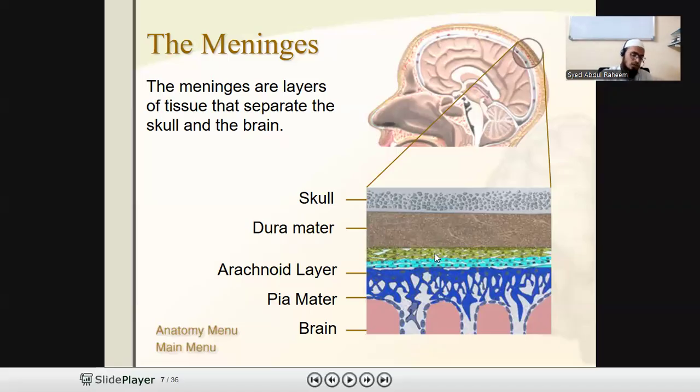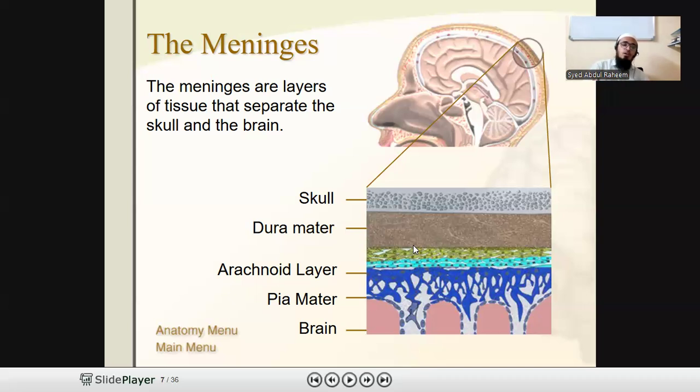So you have an idea of SDH, EDH: subdural hemorrhage, SAH, subarachnoid hemorrhage, and EDH, epidural hemorrhage. These are the most common three types of hemorrhages we will study, and how the picture looks in the scan. So these are the three types of meninges which are present in the brain. In that we have one fluid also, that is cerebrospinal fluid, which